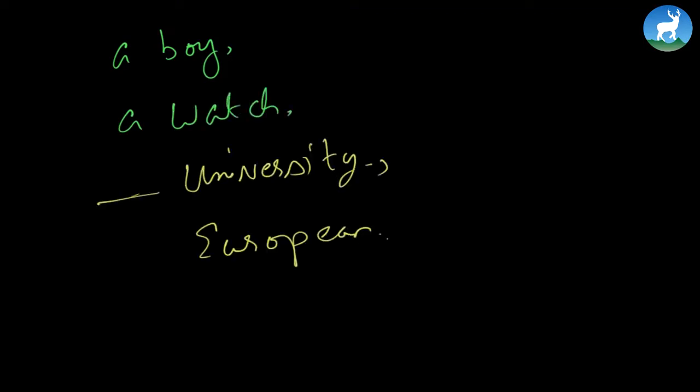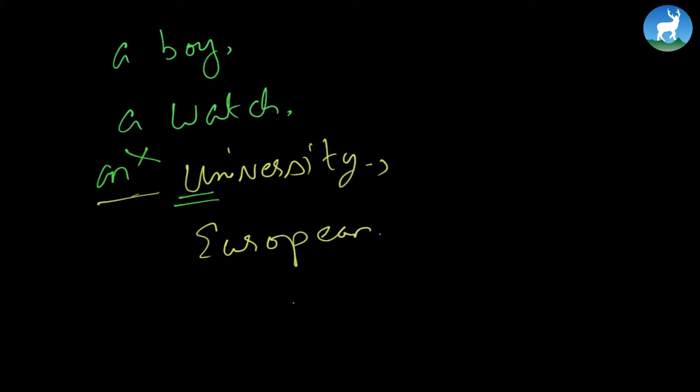For example, a boy, a watch. Hey, how about this? Right, and how about, any idea? A boy, a watch, because as we pronounce it, the very phonic sound begins with a consonant. But in case of university, look at this. People often are mistaken here as they take U, and whenever they see U at the front, they would write an. Which would be wrong, because if you pronounce university,